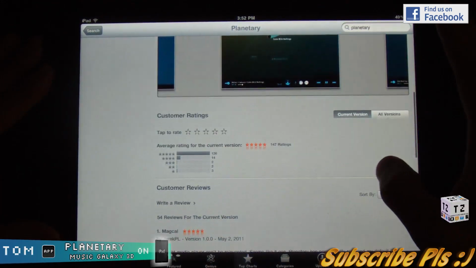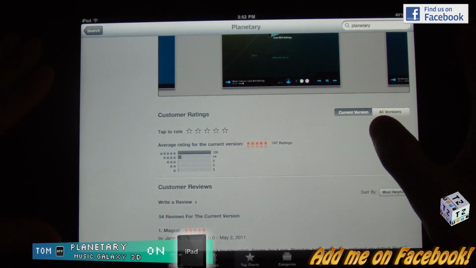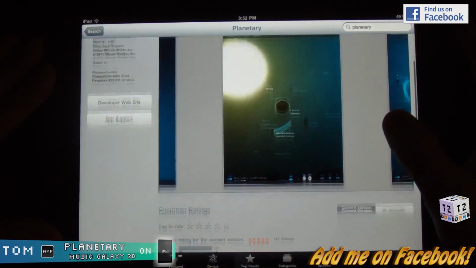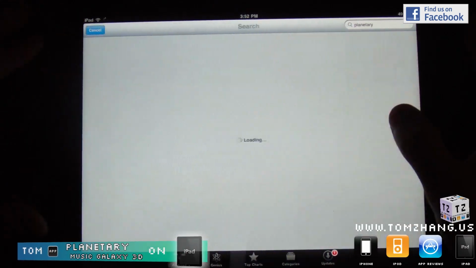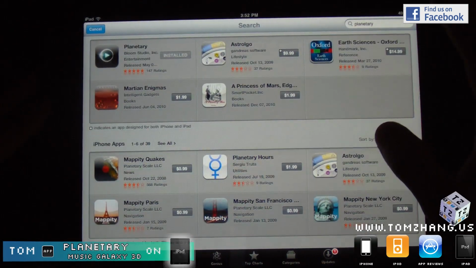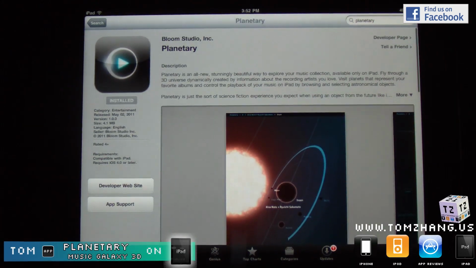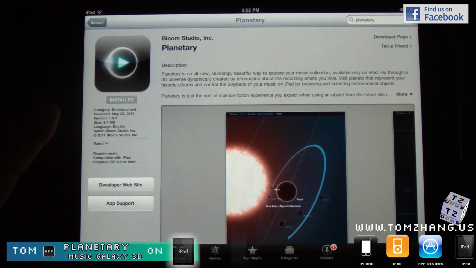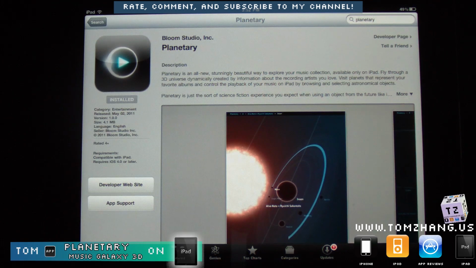So anyways, as you can tell, the ratings are almost everything 5 stars. There's no 1 star. There's probably a few 4 stars for the harder to please people, but most people are 5 stars. And I do want to mention that this currently only is available for the iPad. There is no iPhone or iPod version, so cross your fingers. Hopefully they'll be able to release it for the iPhone and iPod for those of you who own those out there. But since I'm running an iPad 2, I am going to, and also it's free, by the way,